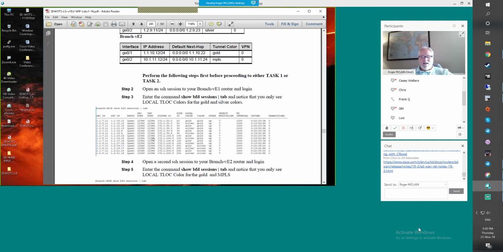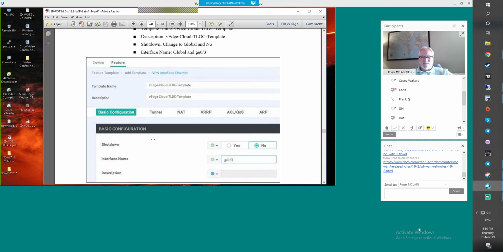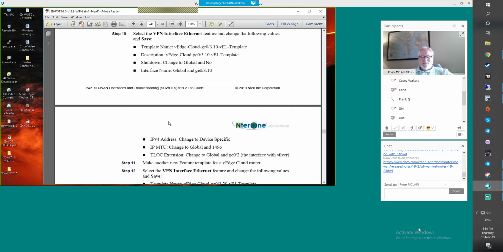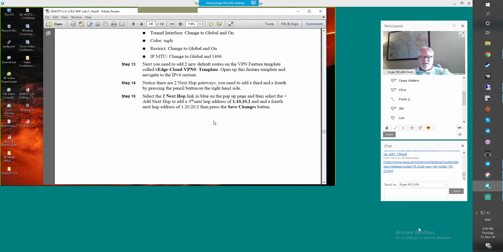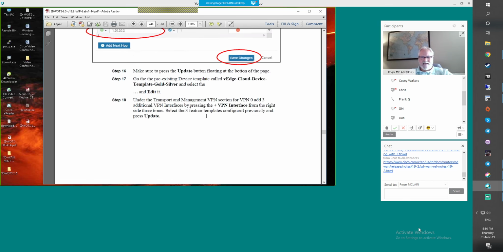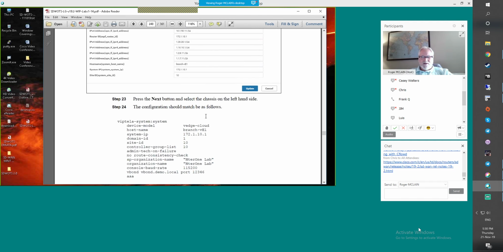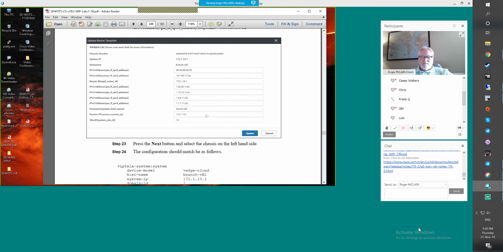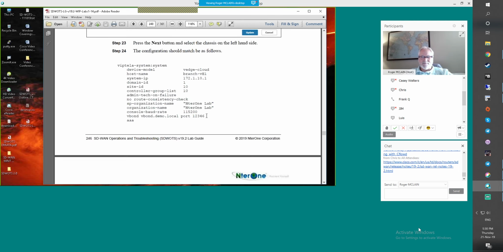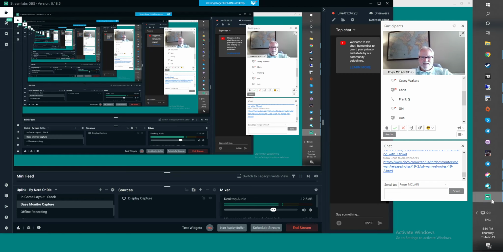Let me quickly go through here. That's pretty straightforward. They're having you create feature templates. You've got to shut down the ones that are on branch VH2. You're configuring 2 sub interfaces, 020, 2 gateways. You know what? They're doing exactly the same lab that I had so far. And then on, I hope they tested this. If you go through this lab, you guys, and it does not work as the lab says it